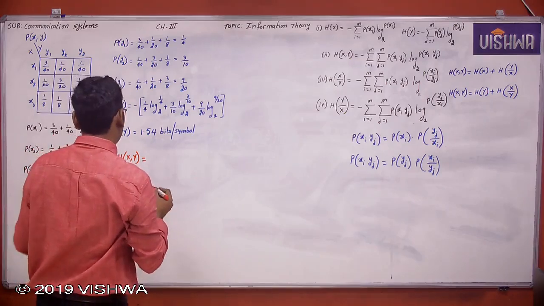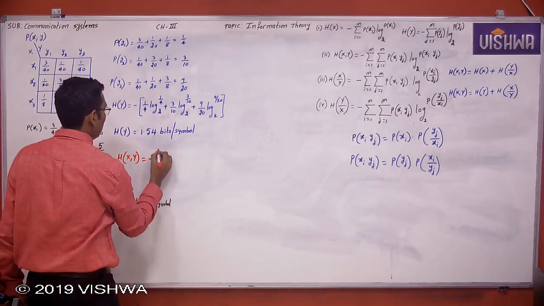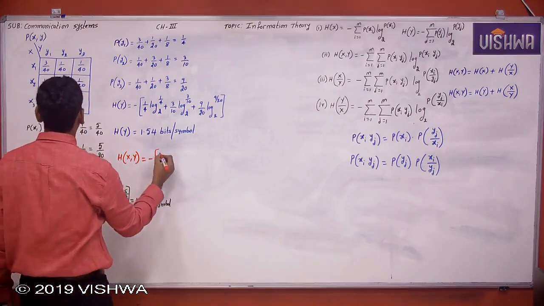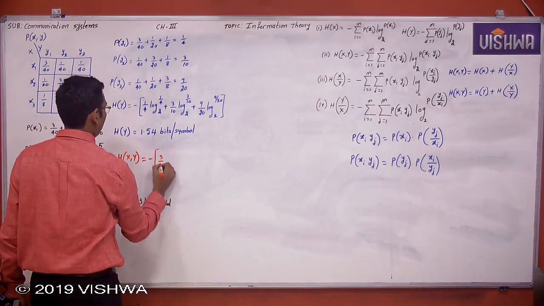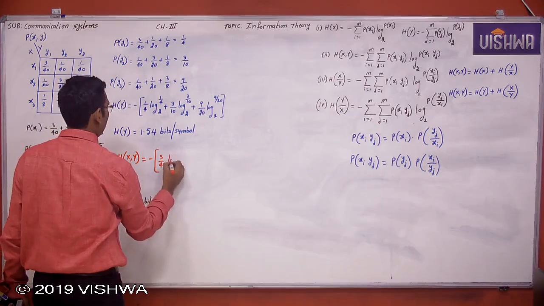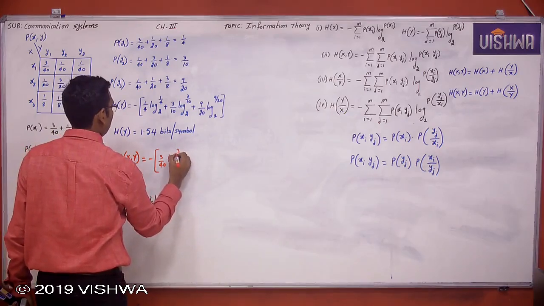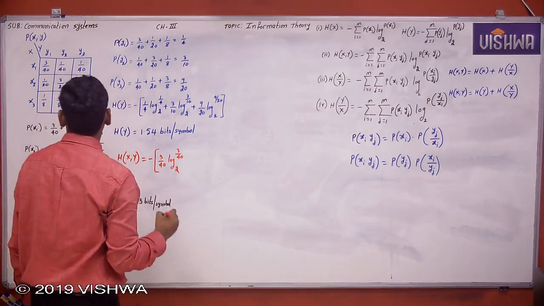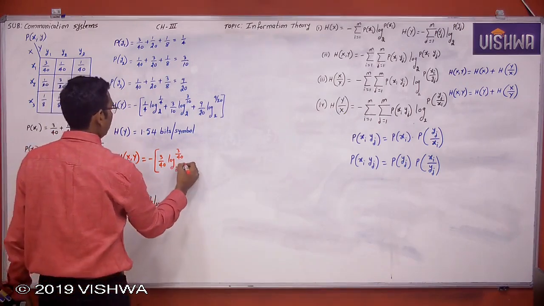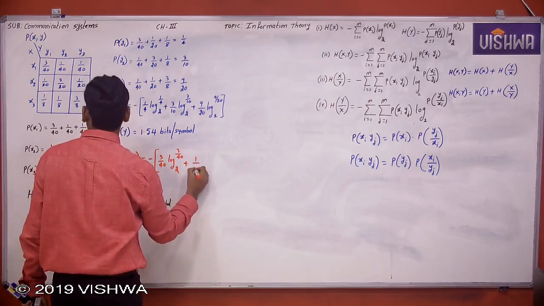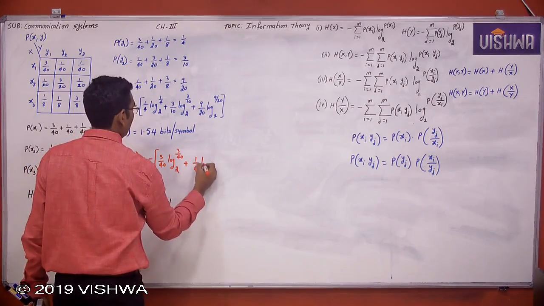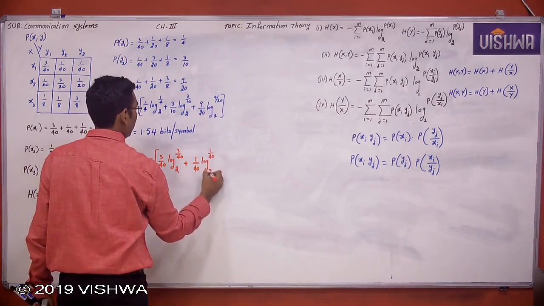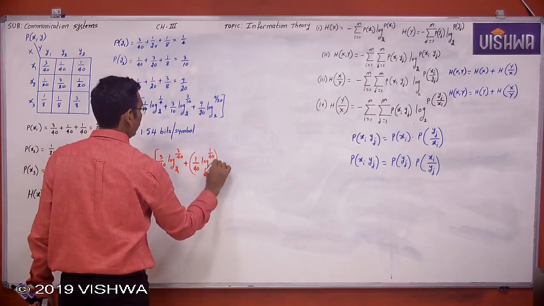So it is nothing but minus of 3 by 40 log 3 by 40 base 2 plus 1 by 40 log 1 by 40 base 2 multiplied with 2